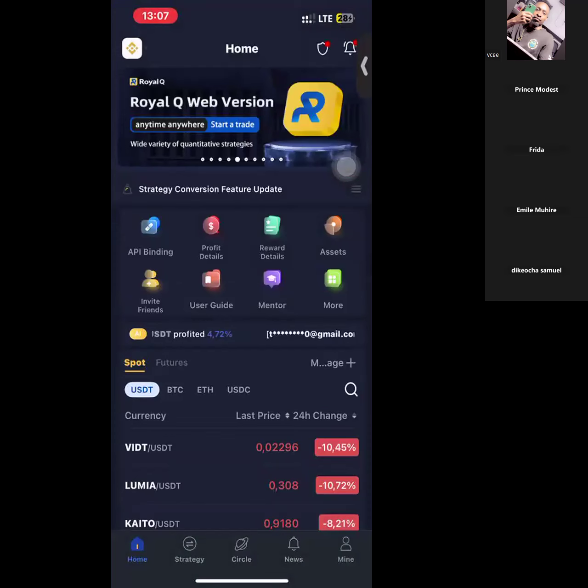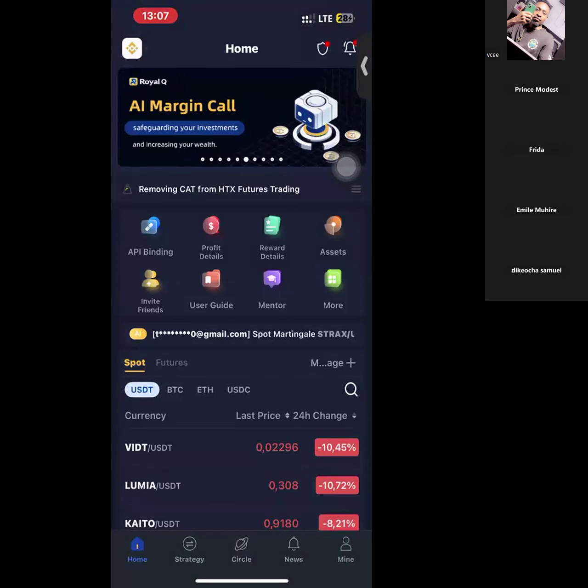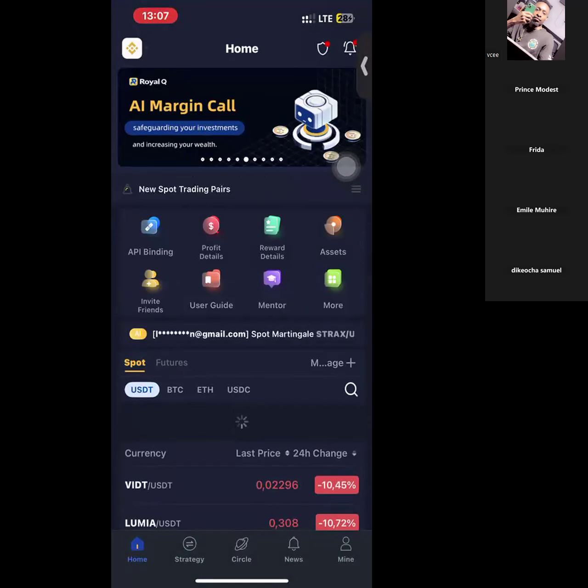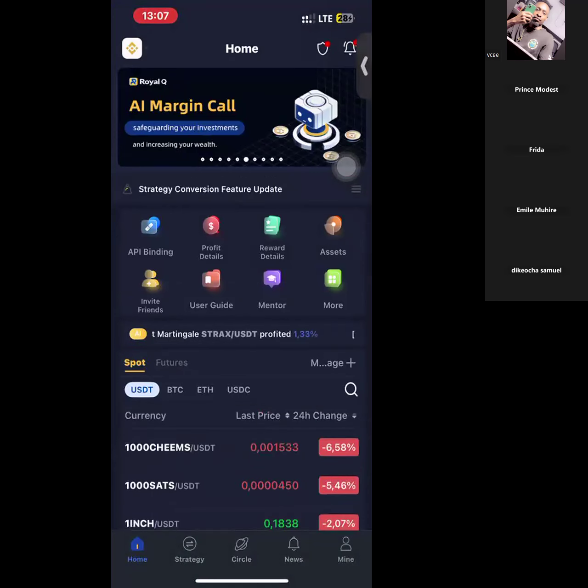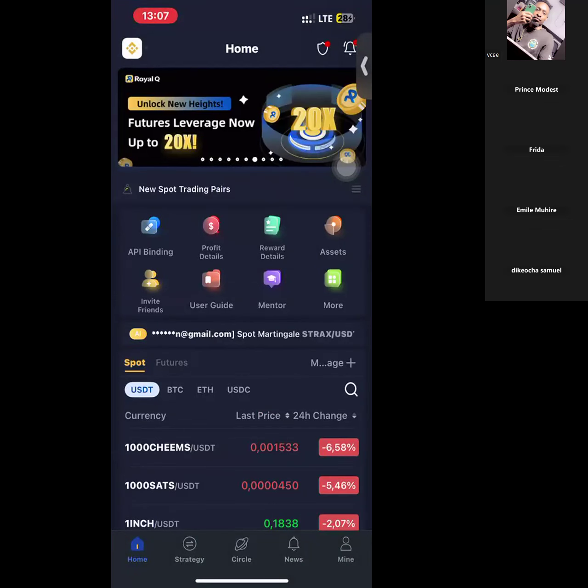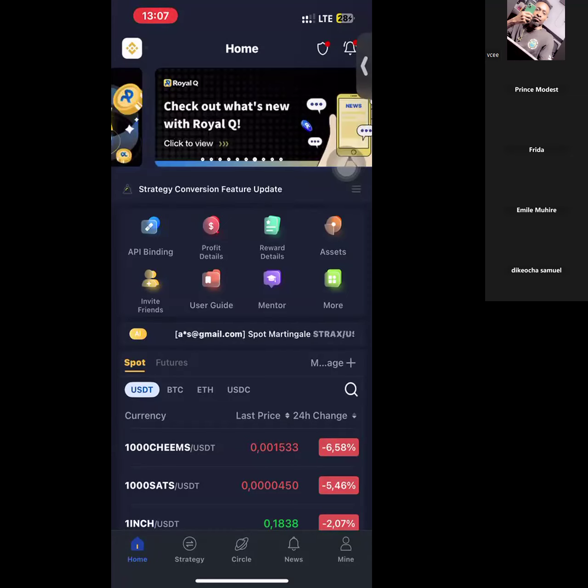Okay. Here is where we stopped yesterday, from the point after we pick a coin and were about to set a strategy. For those that were not here yesterday,